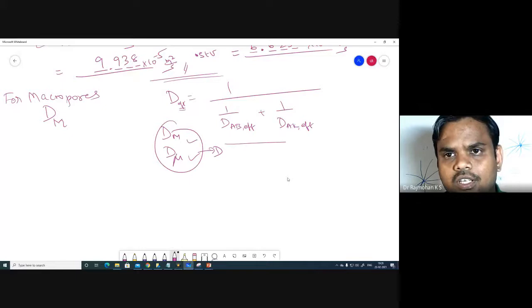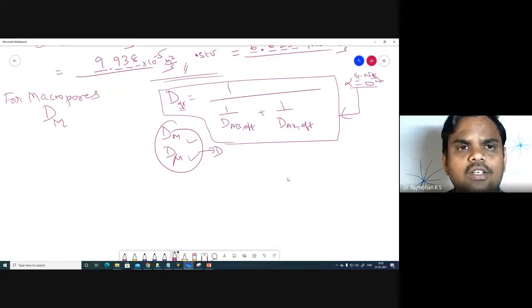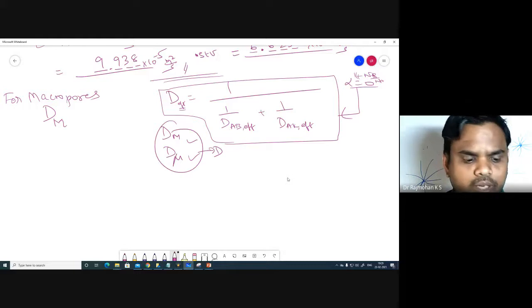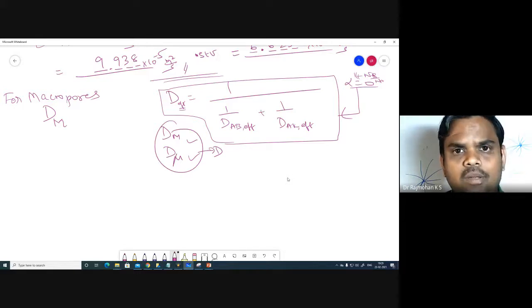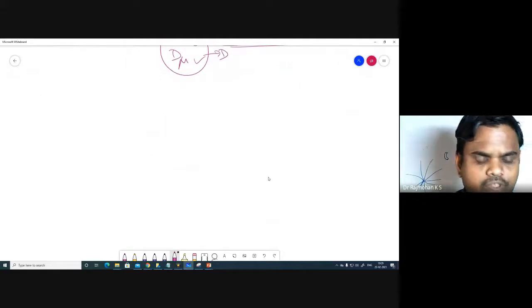Generally we have the relationship simplified for when alpha equals 0. When alpha is equal to 0, that is 1 plus Nb by Na, in equimolar counter diffusion this term is equal to 0. So the D effective formula is simplified to this version, and this equation is to be applied for macropores and micropores in the pellet. We have determined all the values, so we'll rewrite it just for simplification.